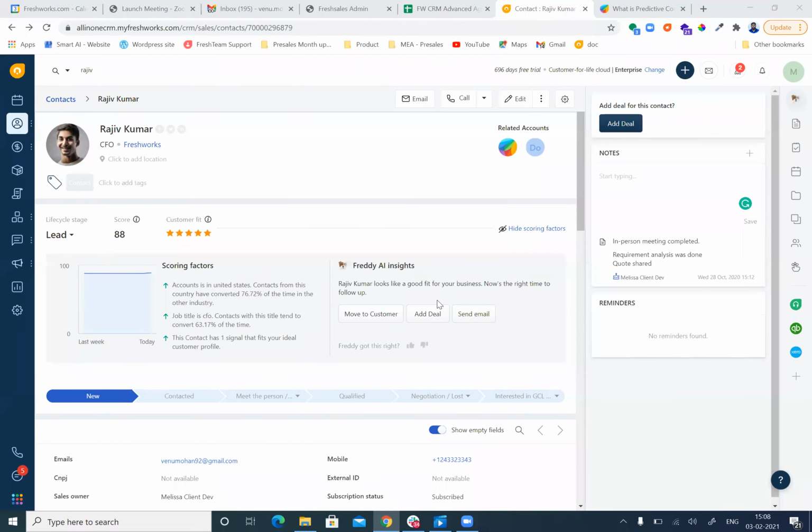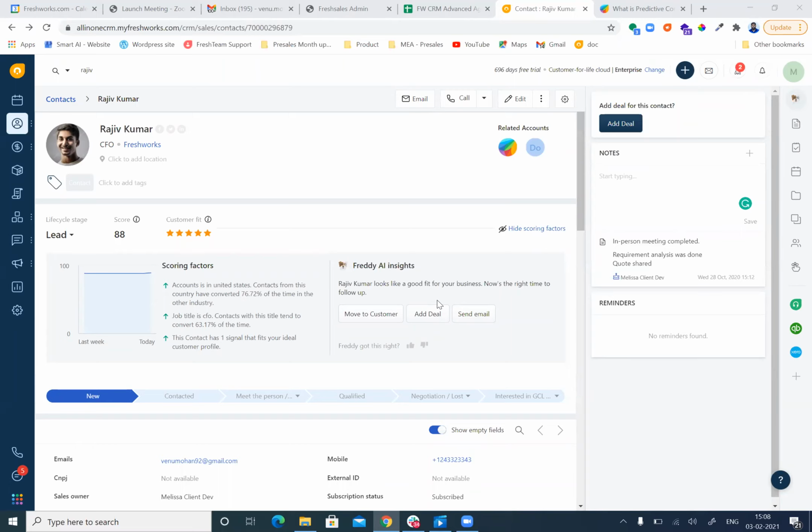Okay, so for this, what we have to do is we should not touch upon this Freddy AI during the initial discussion. We can tell them there is a capability for your sales agent to identify your hot priority customers. The system will try to highlight that information. Then the customer will ask how you are defining this, how Freddy is identifying a high priority customer. Once the question is raised by the customer, then we can tell them that.